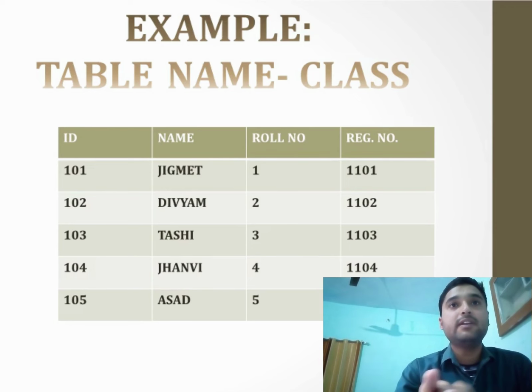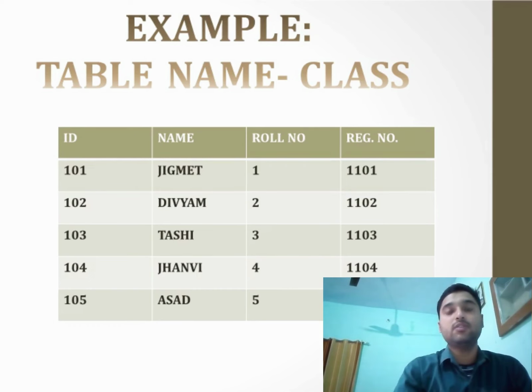It is a set of attributes that uniquely identifies rows in a table. So ID, roll number and registration number uniquely identify rows in a table. A candidate key is a super key with no repeated attributes. The next one is that the primary key should be selected from the candidate keys. So if we want to make the primary key, we will have to use those candidate keys: the ID, the roll number, the registration number.